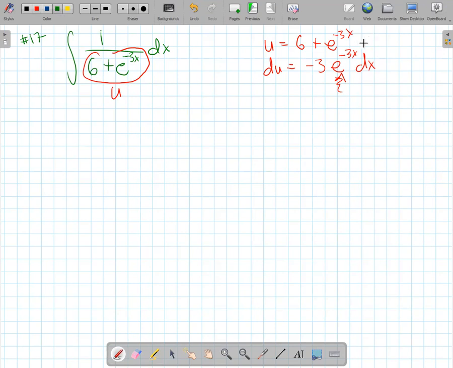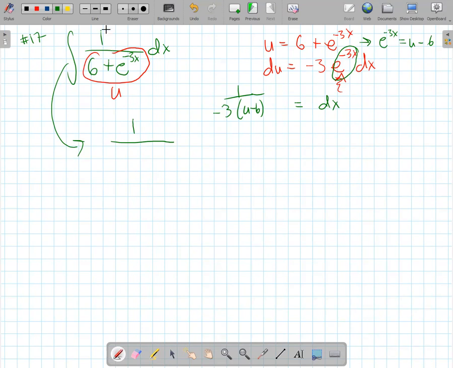We did have a similar problem like this where we just solved for x. I could take this right here and solve for e to the negative 3x and say it's equal to u minus 6. So I would divide all of this to the other side and say dx is 1 over negative 3 times u minus 6. And I already have a u here, so this integral would translate as 1 over u times this right here,